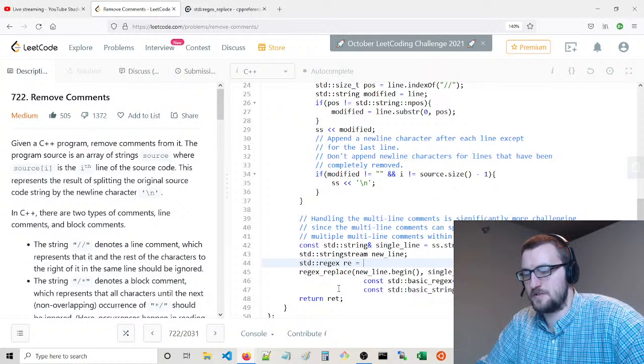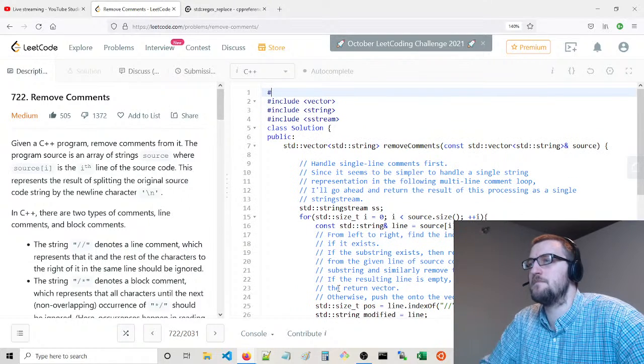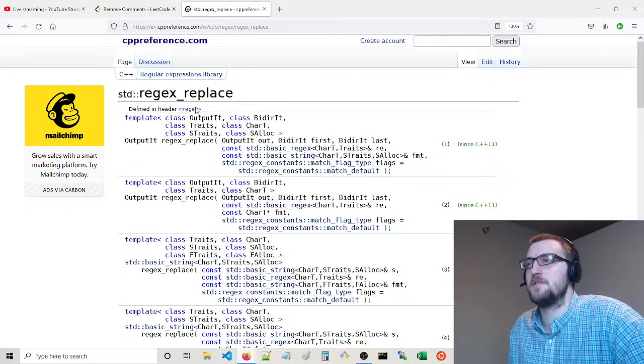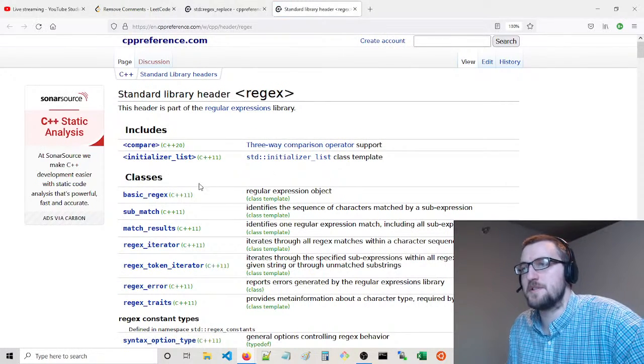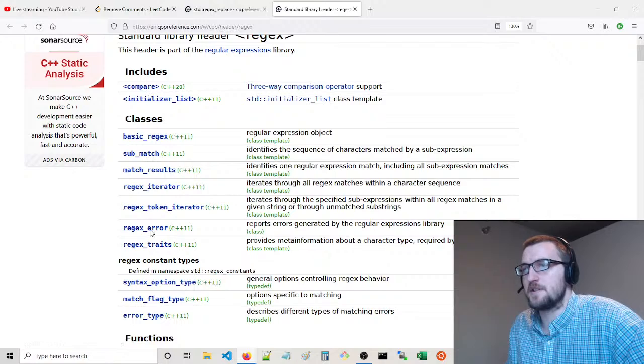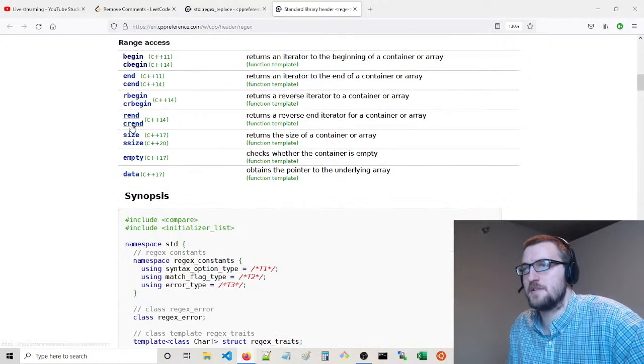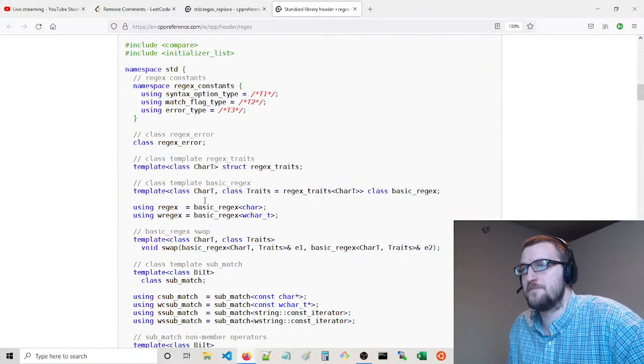Is that the regex library? Yeah. I don't use the C++ regex library too much. Basic regex, error, submatch, match results. I think it's just a basic regex.